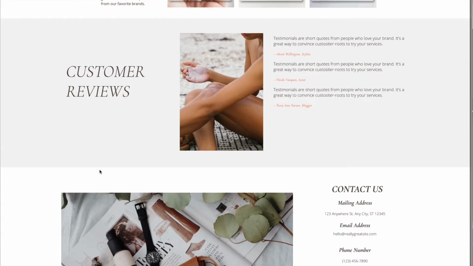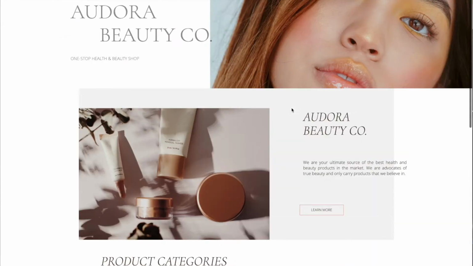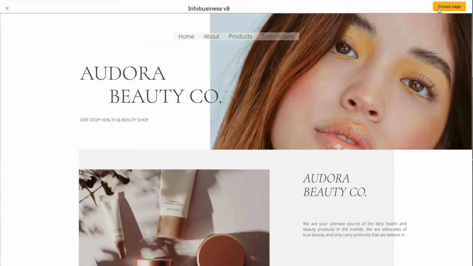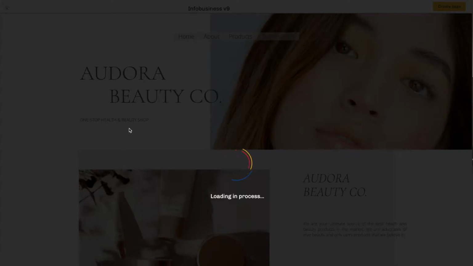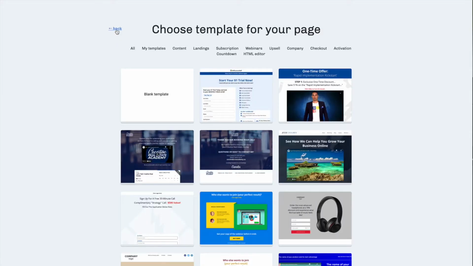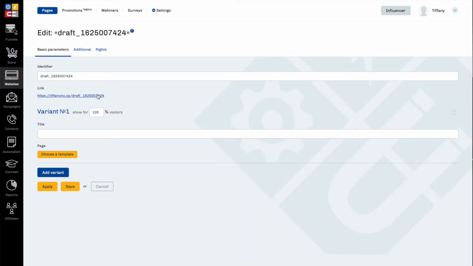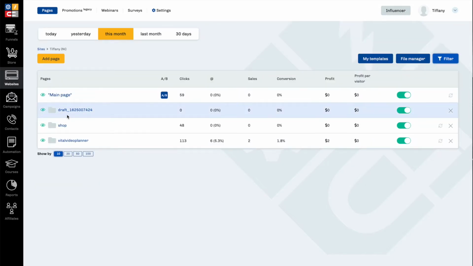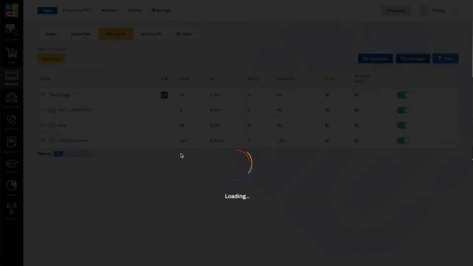Not the worst thing in the world. Nice color scheme. A little bit of parallax action happening there. If you wanted to make a page, you would click create a page, but I'm just going to get out of here and go back to show you what I'm working on. It looks like even though I didn't click create a page, they created a link already to this draft page, and this is where I would name the page if I had something else in mind, but I'm just going to cancel that. It still showed up here, but I can delete it right here. I do want to delete that item.